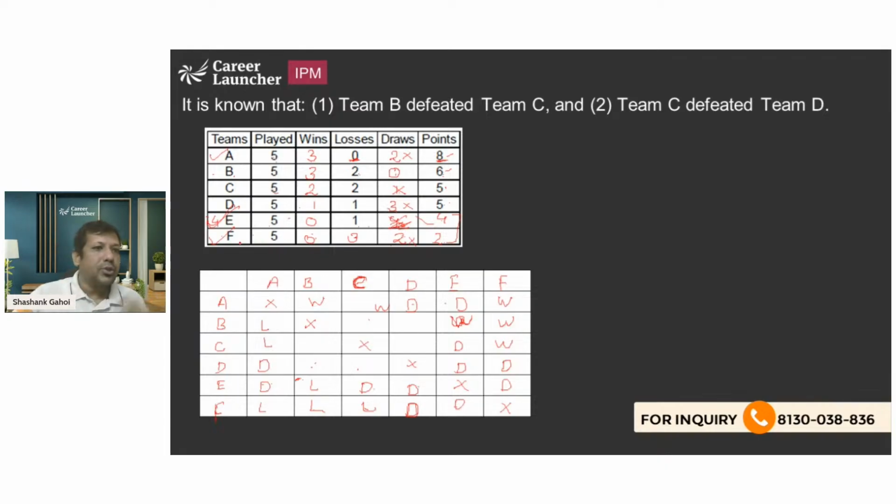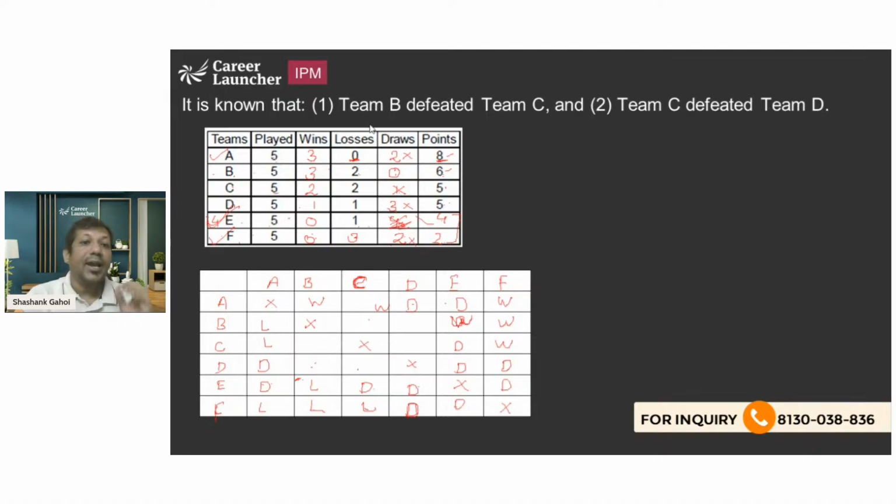पूरा कंप्लीट हो गया। सो एफ, दिस थ्री आर डन। नाउ ड्रॉज आर कंप्लीटली डन। बी की विन निकालनी है, लूज निकालनी है, सी का विन और लूज निकालने हैं, डी का हमको एक लॉस निकालना है, वो किसके अगेंस्ट है वो हमें नहीं पता, वो भी निकालना पड़ेगा। अब आगे देखते हैं। ठीक है, अब ओके,